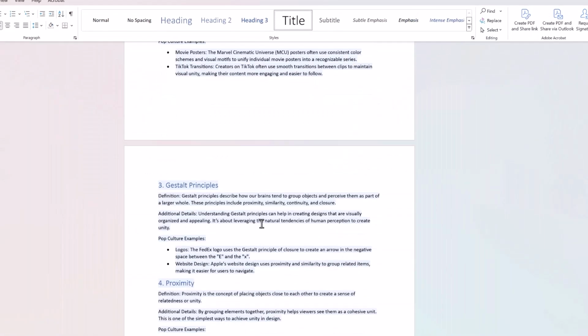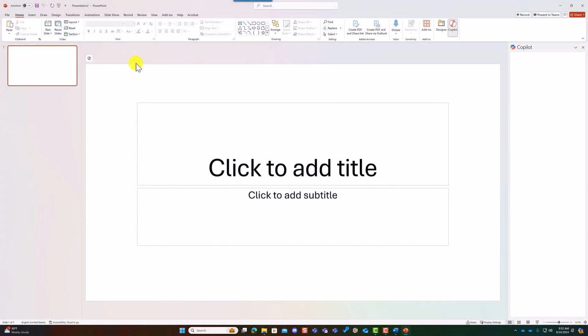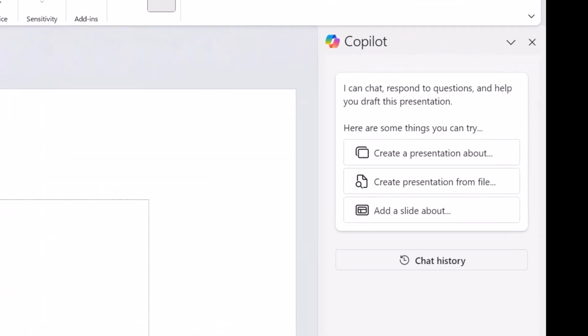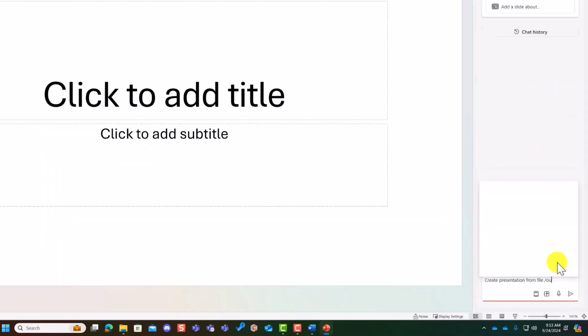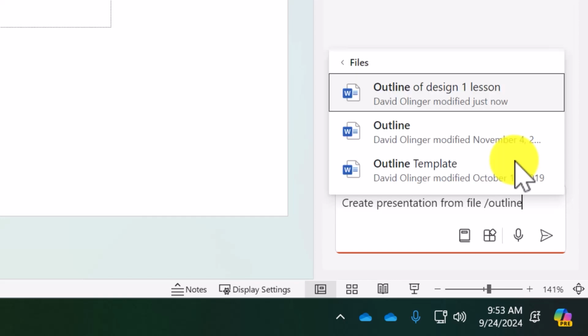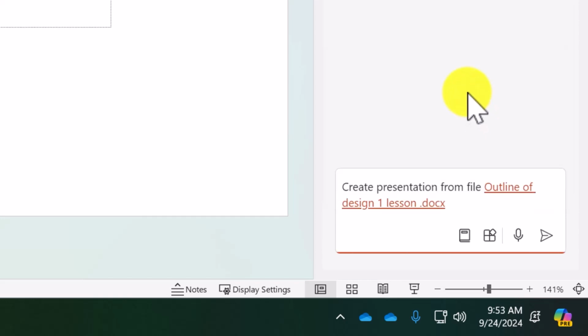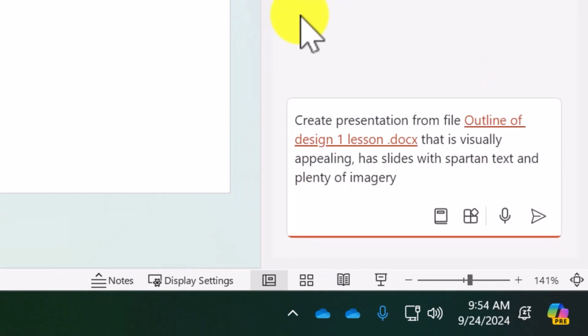I'm going to read this document and look at it, update it a little bit, and use it to create a PowerPoint with Copilot 365. So to do that, just open up PowerPoint, go to Copilot, and then you can create a presentation from File. All I need to do is reference the file that I just saved, give Copilot some instructions on how I would like the PowerPoint to look, and Copilot's going to ingest that document and create a PowerPoint based upon the